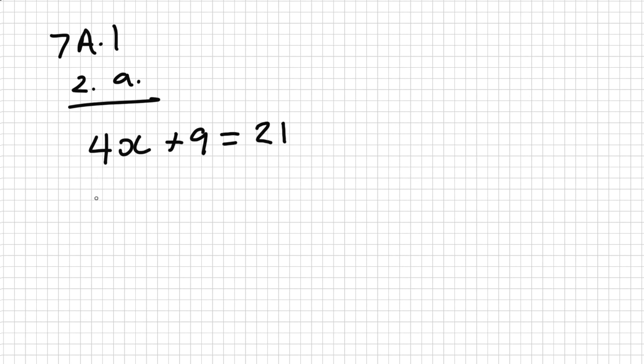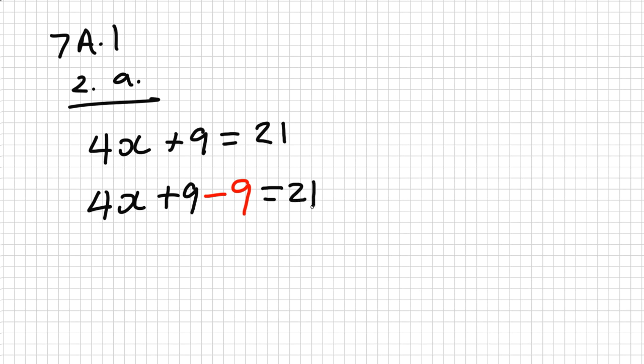You might be able to do that in your head, but there's a method we can follow to do this. We're going to apply some inverse operations to get rid of these numbers around the x. The first number we're going to get rid of is this plus 9. So one way we can get rid of that is to simply take away 9. So we get 4x plus 9, then we take away 9,